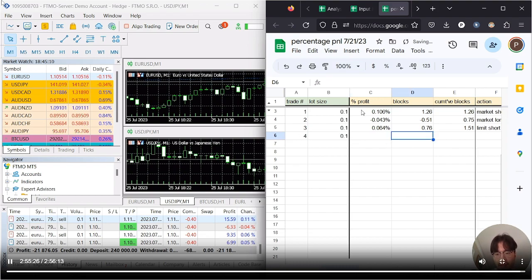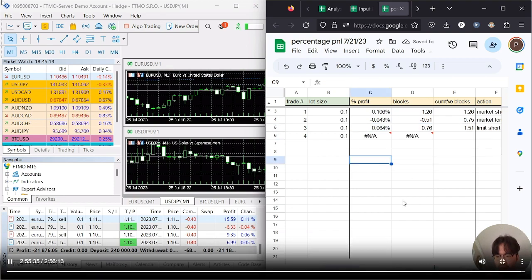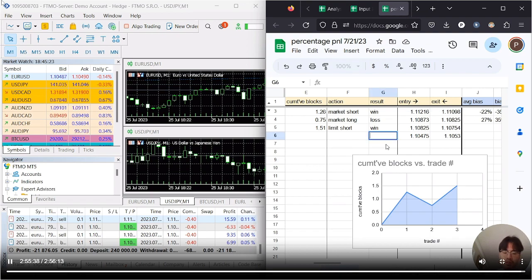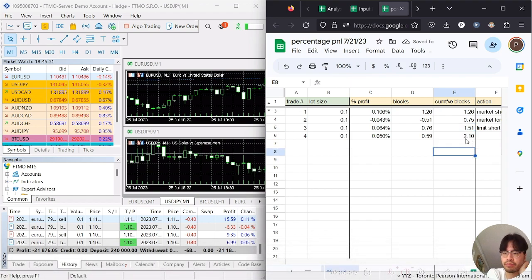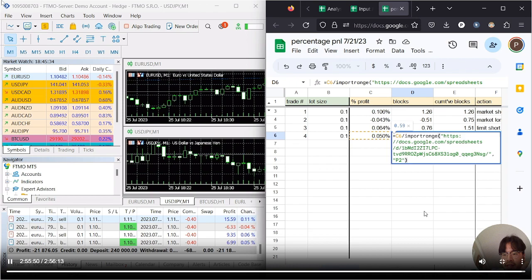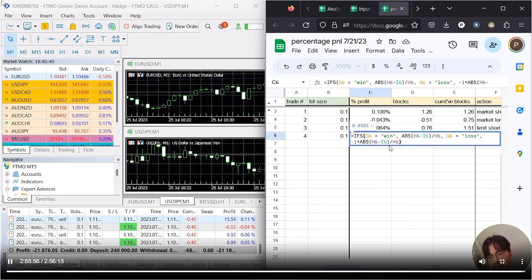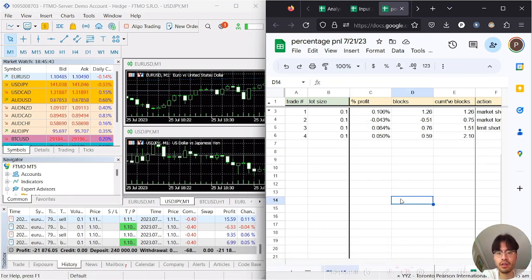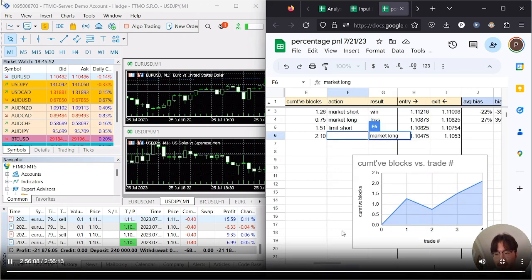Not ready to size up just yet, but you'll see that I'll be able to size up exponentially. The logs here, profits. Oh, because we have to log this one as a win. We have to log the result as a win. And so that gives us this. And then the cumulative logs are now 2.1. If you're curious what a block is, all a block is the percentage profit here divided by the average win. And I take the average win as the 30-minute ATR for the Euro USD. And the action for that, I guess, would be a market long. And that's that.